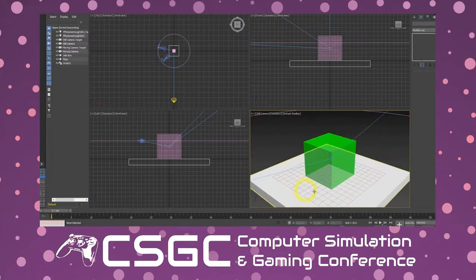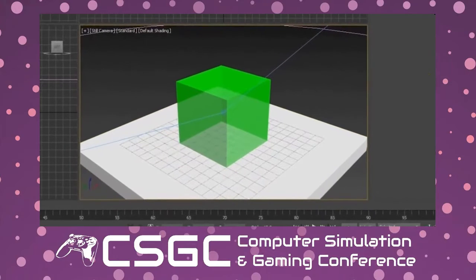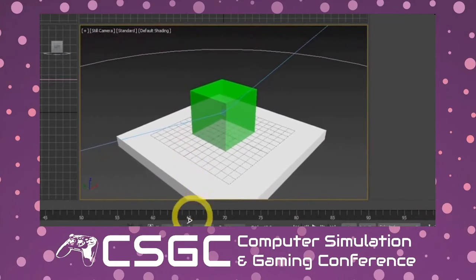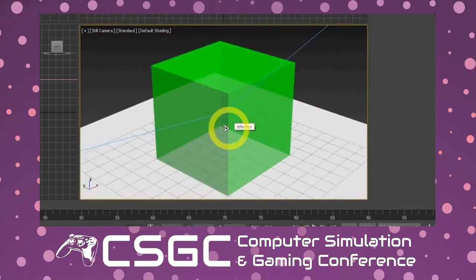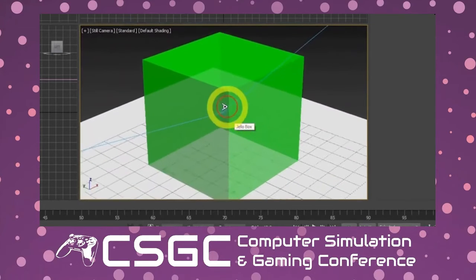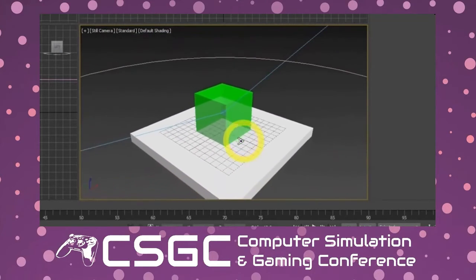When you're working with a camera viewport, you'll notice that the navigation tools change, and these now are the navigations for the camera themselves. So instead of just say zooming in and out, I have a depth of field. So it changes basically like a camera zoom. It's not changing the position of the camera from where it's located distance-wise from the object. It's just changing the depth of field, like a zoom lens on a camera.